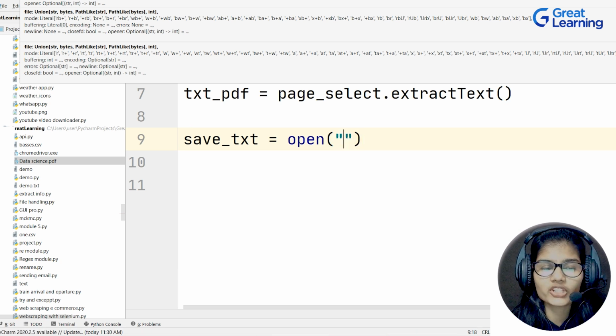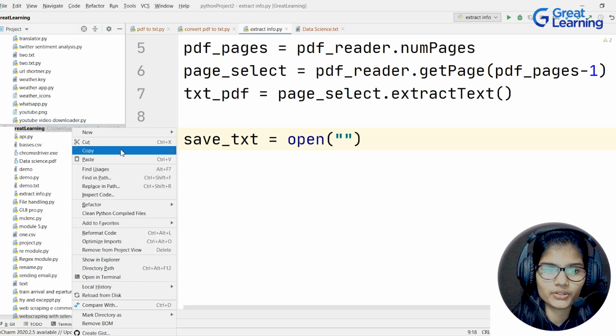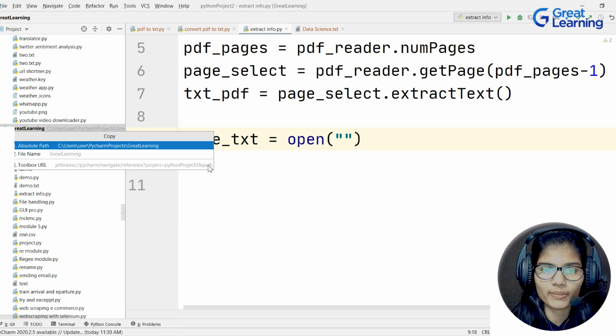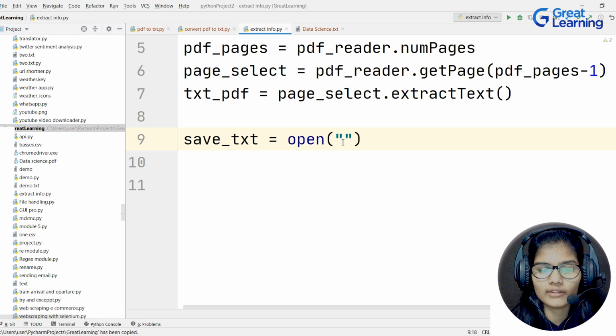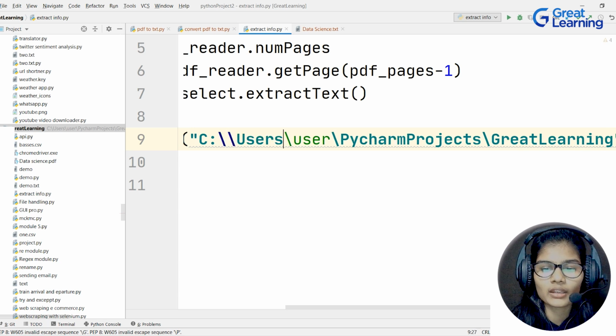What's my location into which I want to save it out? So my location is this respective one which I'm mentioning up here. So I would go on to copy and click on copy path. Okay, absolute path, fine. And now I will be saving this up here. So this is my respective path into which I want to save the text of my PDF file